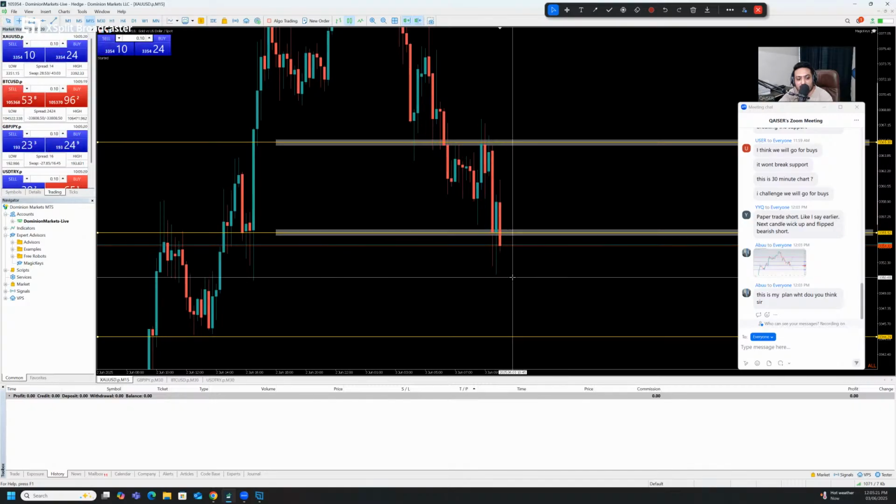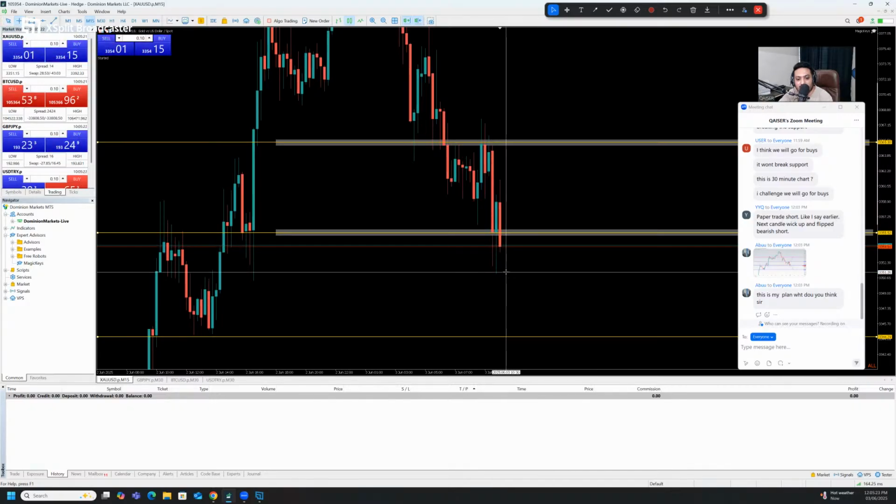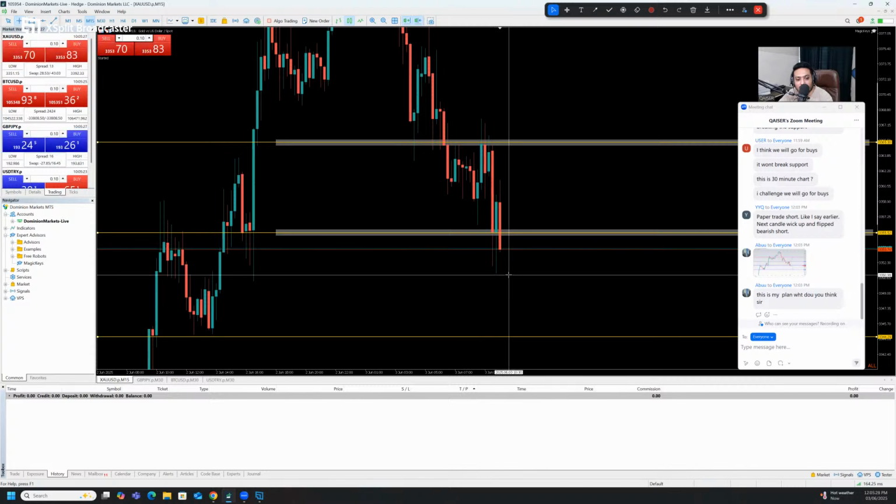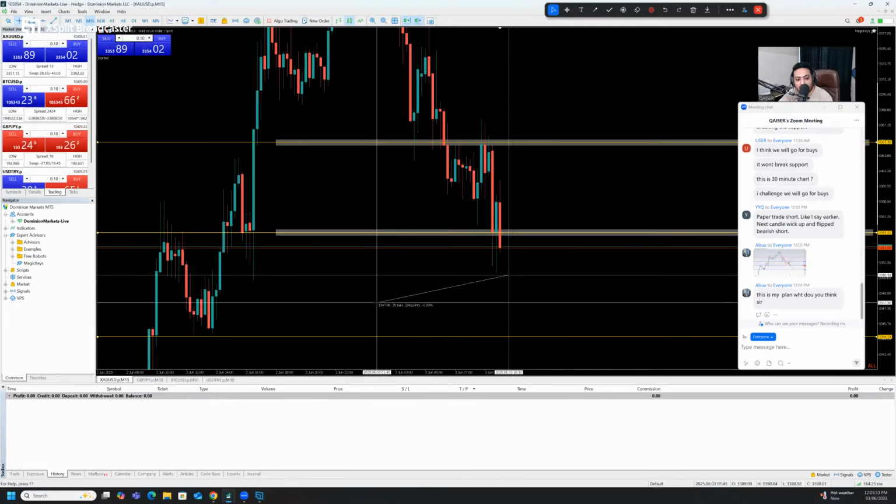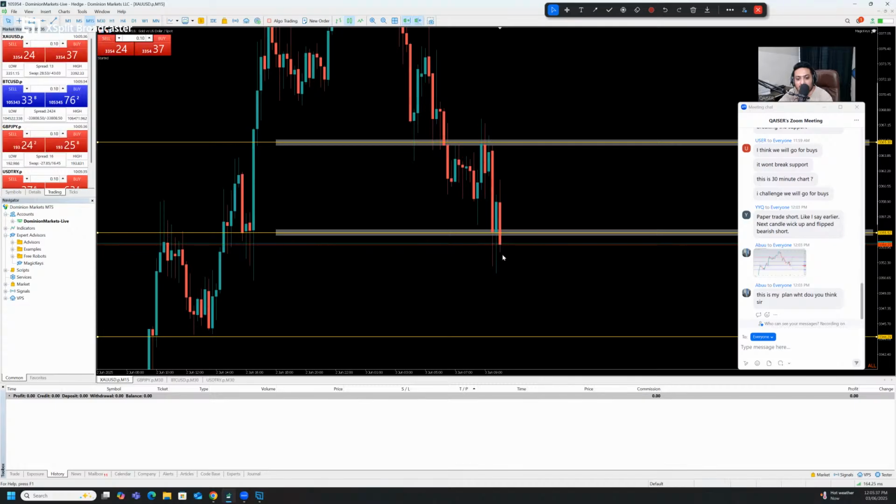For the sells, I would say if this candle just closes below the support area nearby these wicks, if the next candle creates a wick and breaks the low, I have a beautiful range of 60 pips, so we'll target like 20-30 pips out of it. Let's see how this candle is going to close.